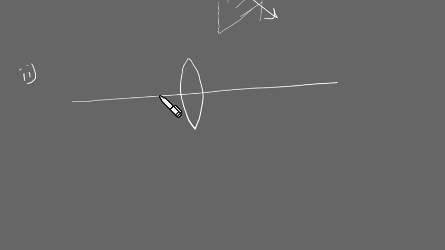Now let's consider the second point. This time let's draw the points first: the optical center, the focus, 2f. Similarly here, this is F2, this is Q, O, F1, and then P here. Okay, this time we will keep the object